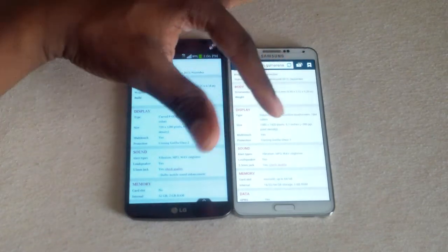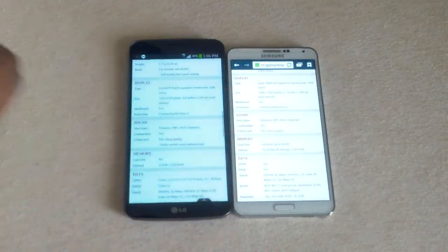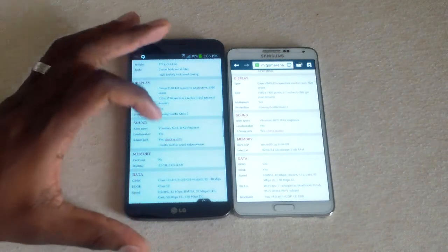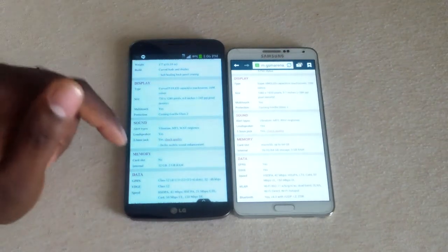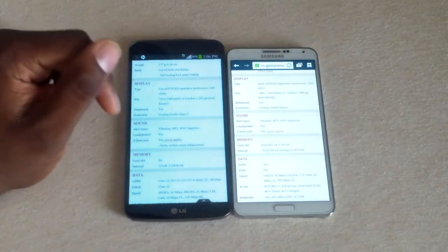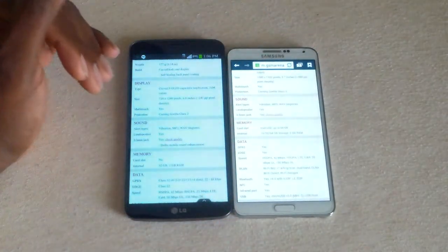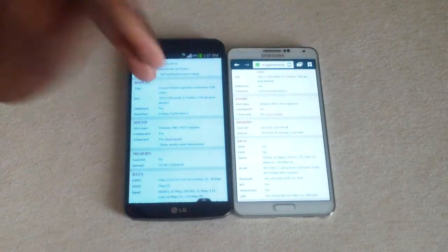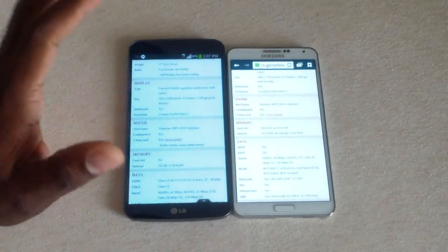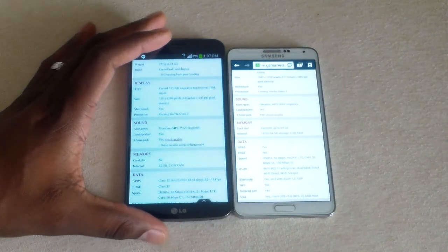The Galaxy Note 3 has Corning Gorilla Glass 3, which doesn't matter, and this has 2, because the phone will still crack if you drop it on the crown. This has 32 gigs built in with no SD card slot. This has an SD card slot. And you can get this in 32, 16, or 64. 3 gigs of RAM, 2 gigs of RAM. But honestly, I'll get into that later. As far as the